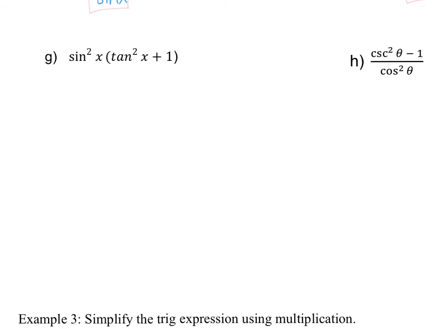The one we just looked at was 1 plus tangent squared equals secant squared. Even though these are not in the same order as what I have here, I can still say that this equals secant squared. Remember that when it comes to addition, the order doesn't matter. Tangent squared plus 1 is still going to lead us to